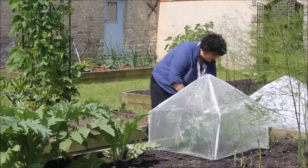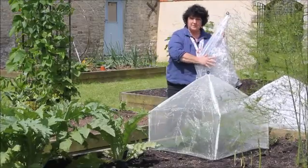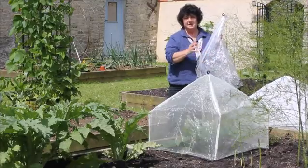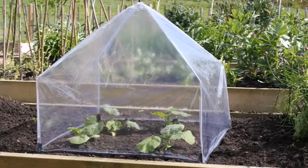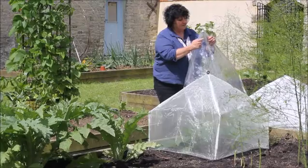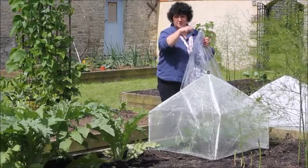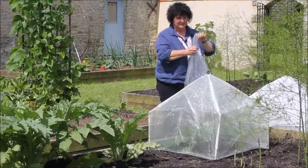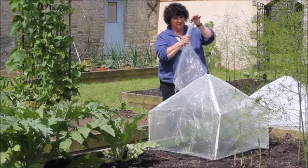Or you can go for the polythene version, and that's going to be perfect for early on in the season and the back end of the season, when you really want to give a bit of extra weather protection and a little bit of extra warmth. In the poly version, there are eyelets, which means that any excess heat will also be able to escape quite easily. And you'll see that when the end finally comes and you need to put it away for a while,